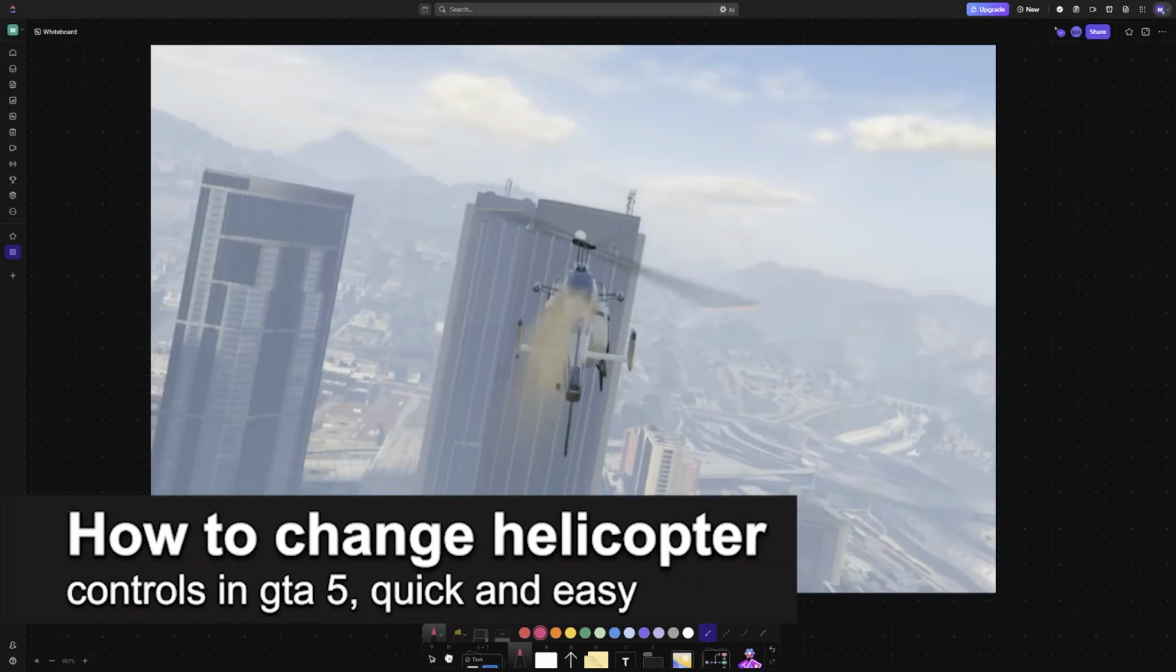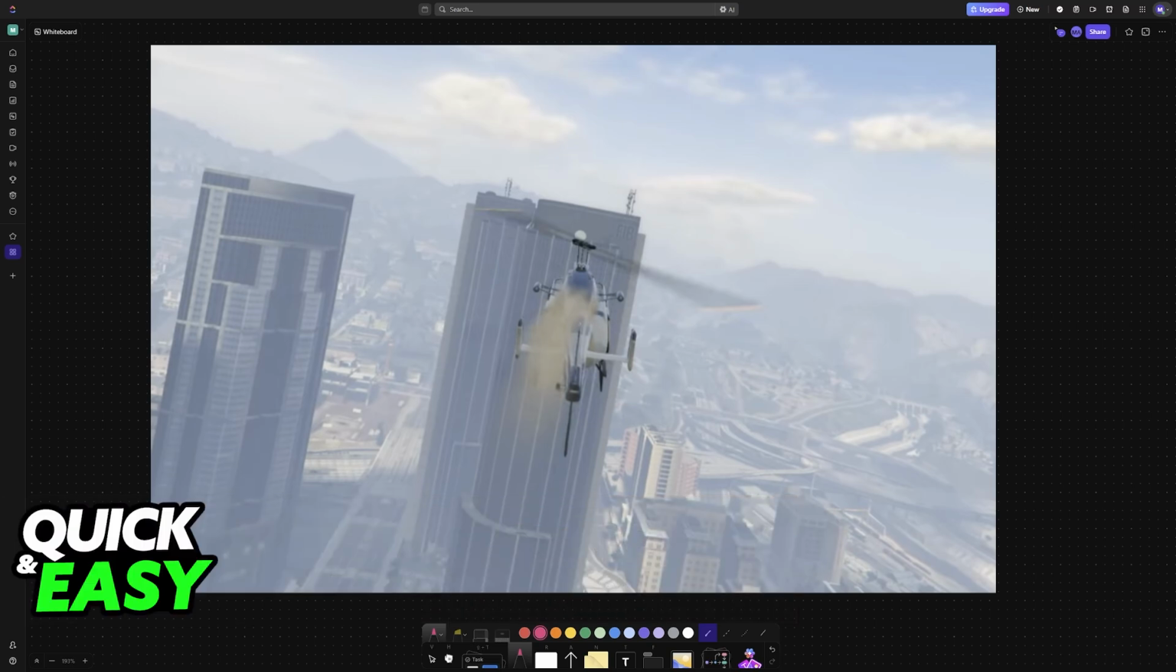In this video, I'm gonna teach you how to change helicopter controls in GTA 5. It's a very easy process, so make sure to follow along. In this video, I'm gonna showcase the main ways in which you will be able to customize the helicopter controls